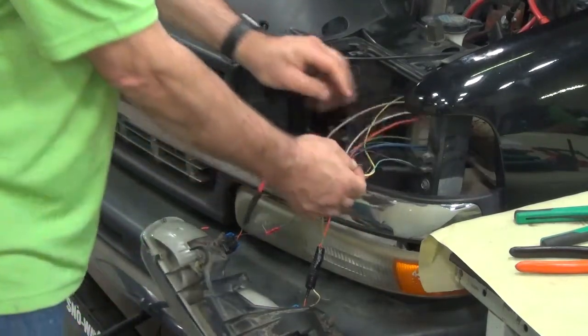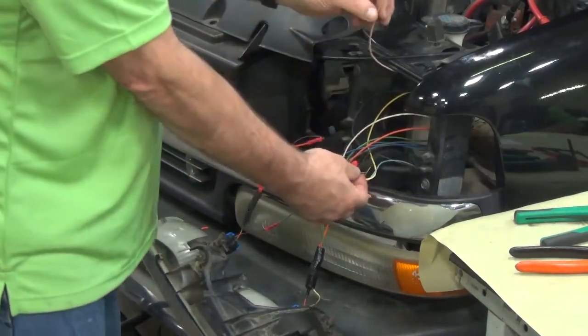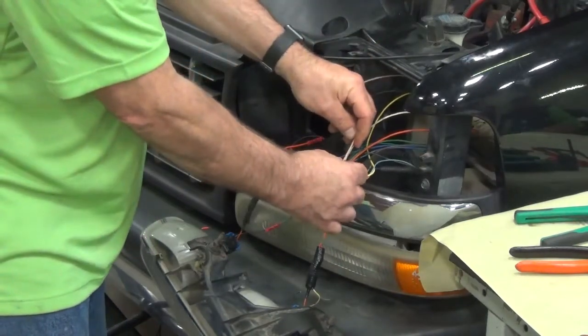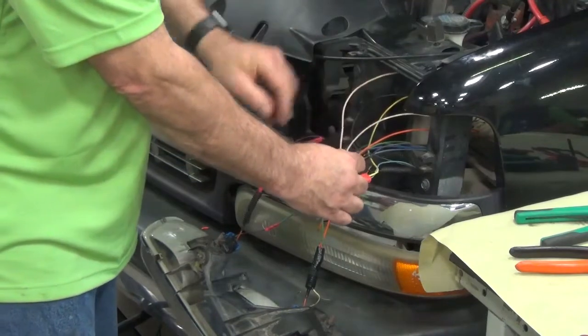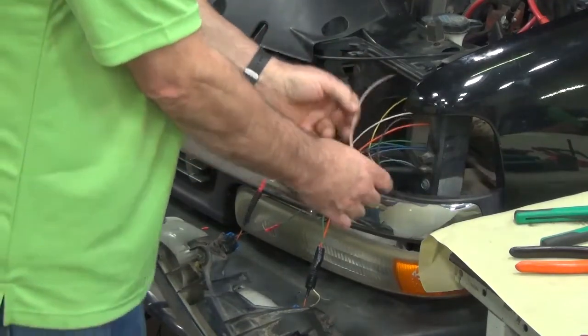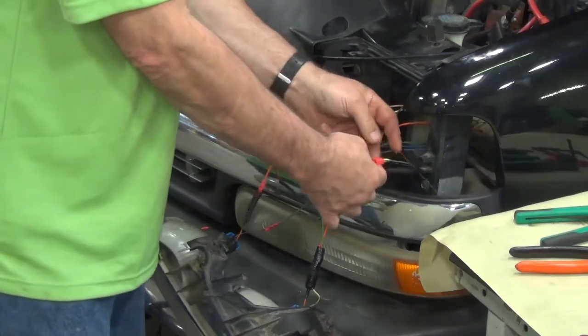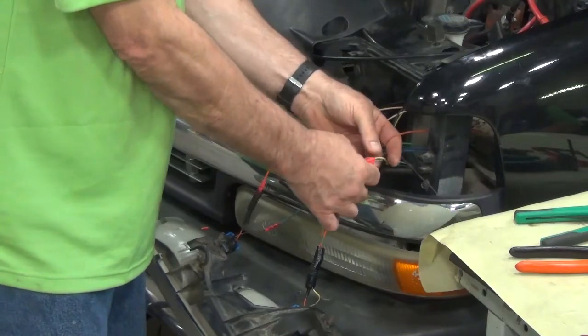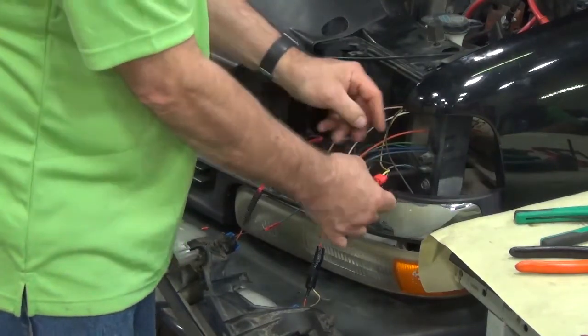Same thing on the other side. The only difference is going to be on the passenger side, instead of having a tan wire, you're going to have a pink wire. The pink wire goes to the lamp and the brown wire will go to your harness. The next thing, if you have an issue with your turn signal with a fast flash or something, cut the Scotch lock out again,